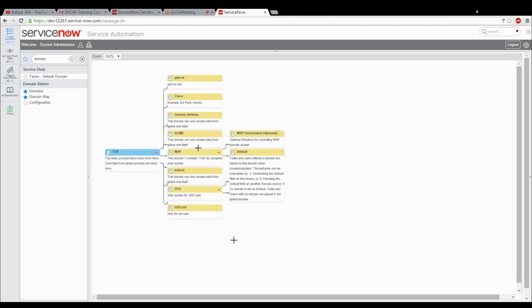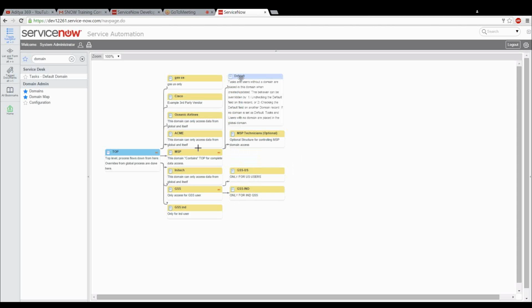So maybe they are collapsed. Can you hit on default and drag it to top? Okay, I got it.